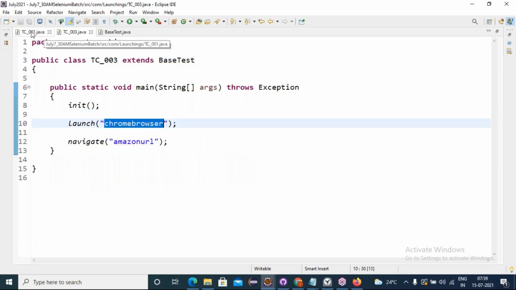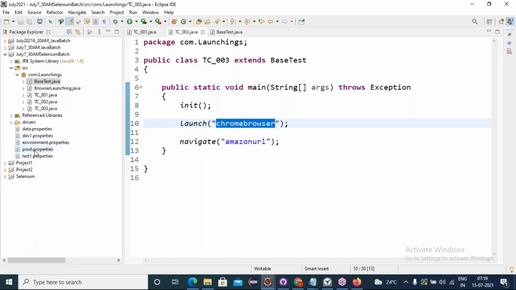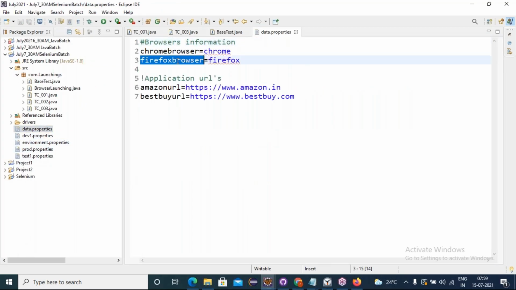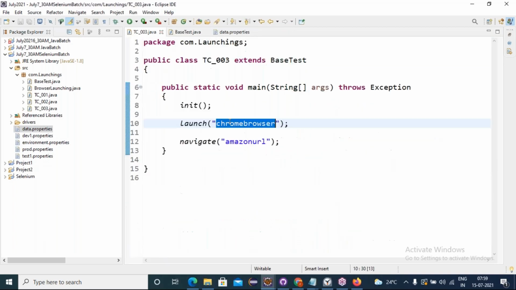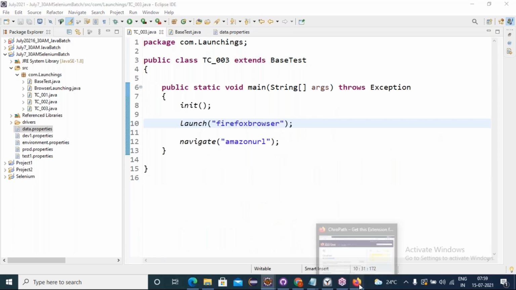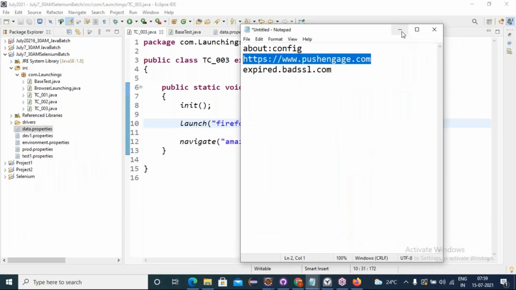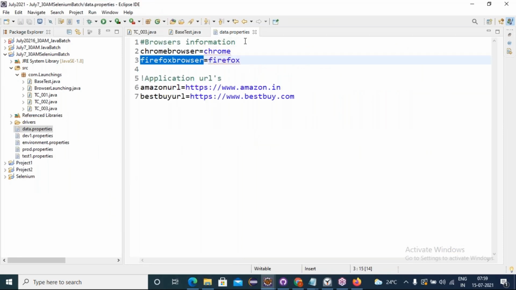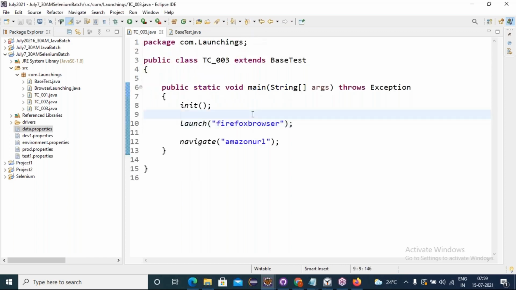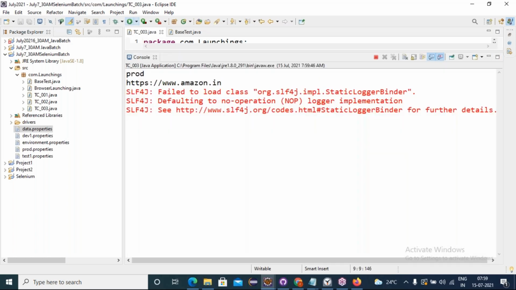This is Firefox, right? Not Chrome. See, friends, now if I run this program, you just observe. Earlier a new instance of Firefox opened, but now